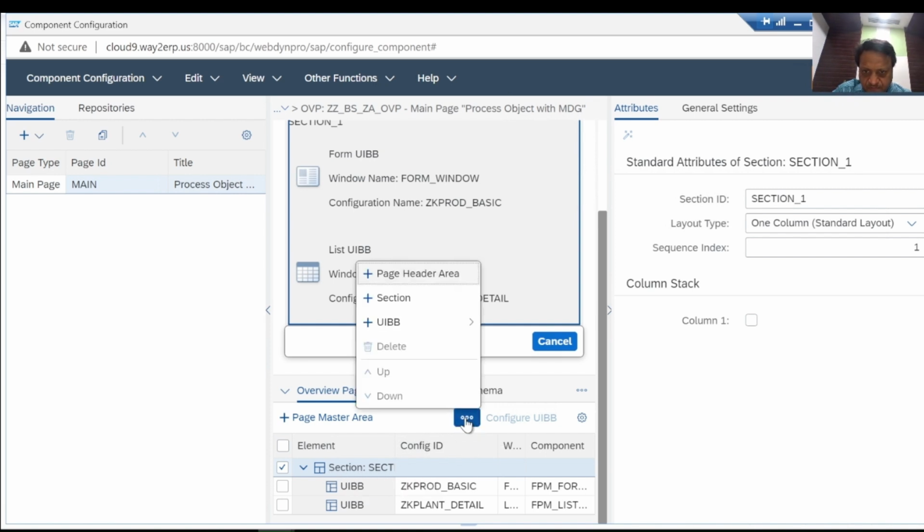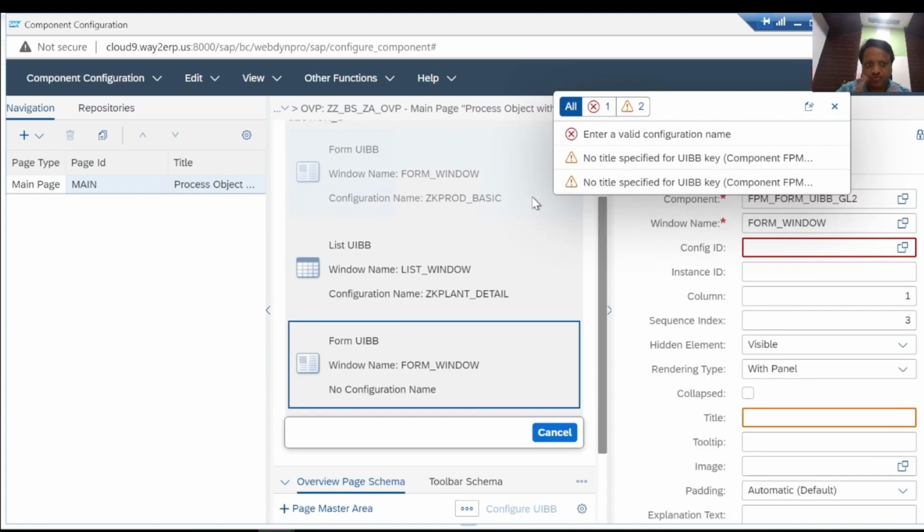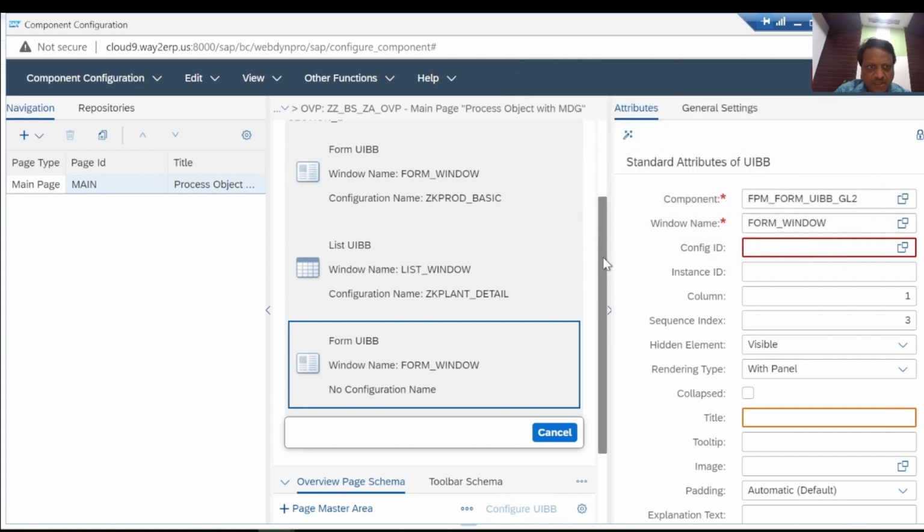So let's, under the section, select the UIBB, and we will then select a component which is called the form component. So to define a single object maintenance form,